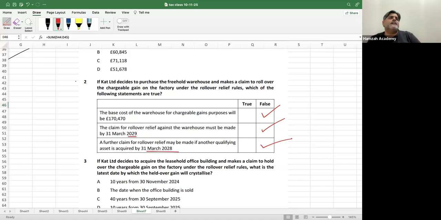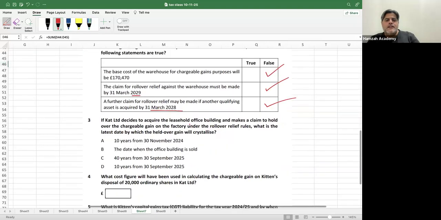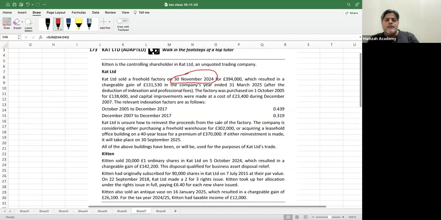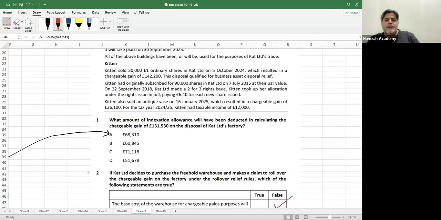So the latest date that we can have is basically the 10 years, right? Because if we are getting a leasehold building over here, the building,